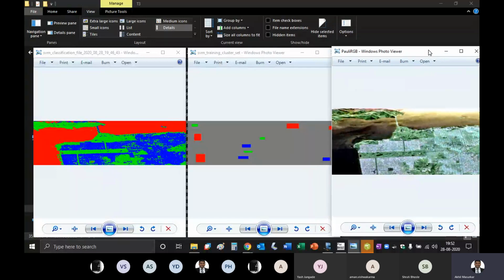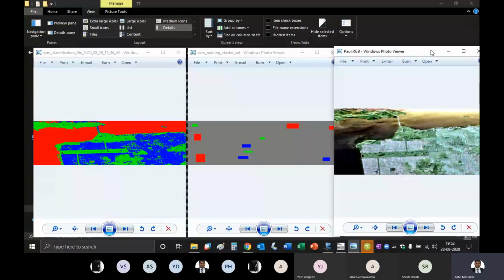So if you are starting from the start, now what you should try is apply classification on the unfiltered image and again check the confusion matrix. After doing it on the filtered image, you will get a confusion matrix. After doing it on the unfiltered image, also you will get a confusion matrix.